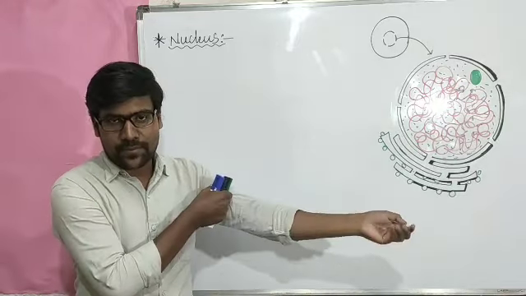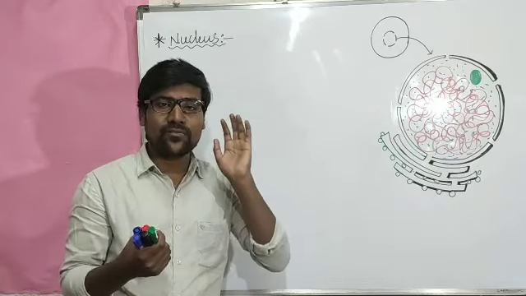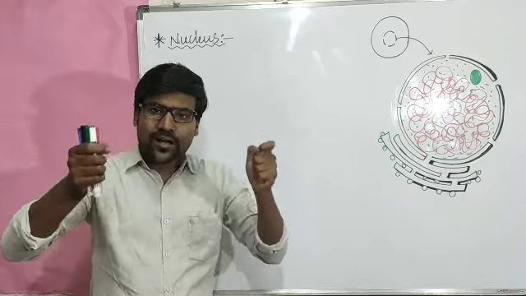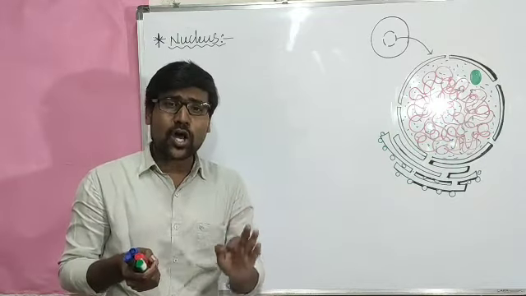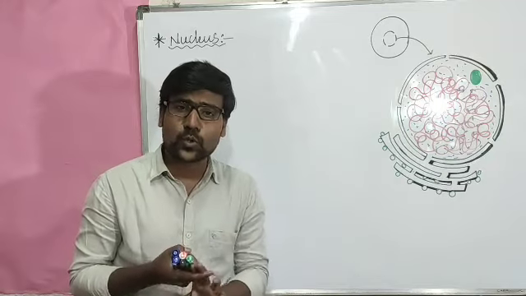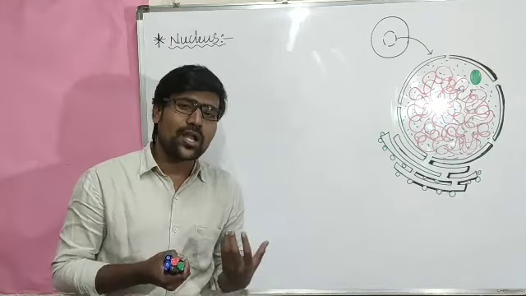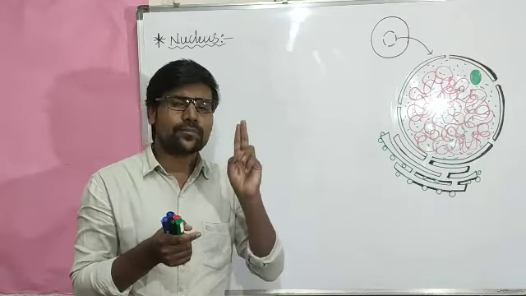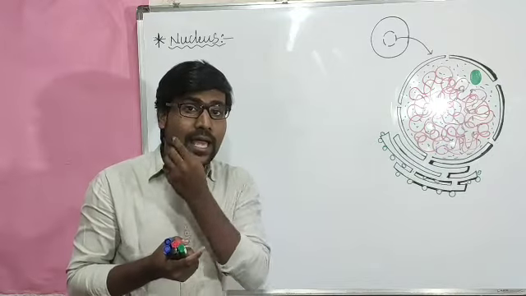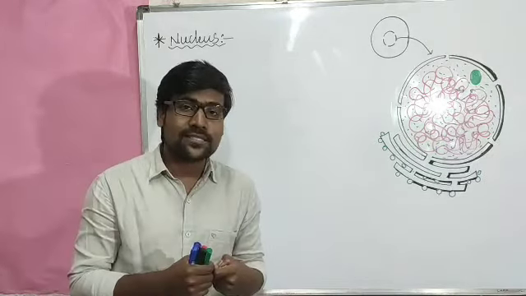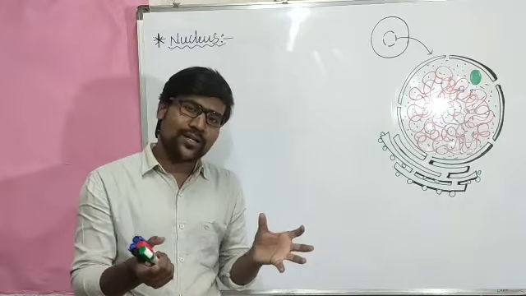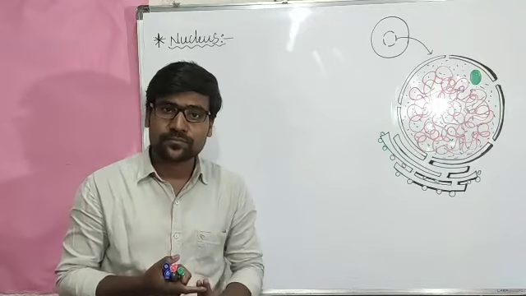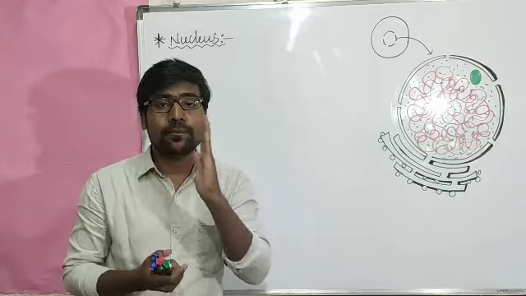So we observed the plasma membrane. After the plasma membrane, if you look inside, we come to know of many organelles, and almost all organelles, except ribosomes, are covered by membranes, either one membrane or two membranes. The majority of cell organelles are covered by two membranes. And if the organelles are covered by membranes, then all the organelles together form a system. The name of that system is the endomembrane system. What is that? The endomembrane system.